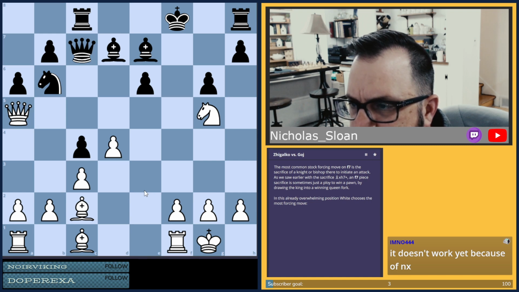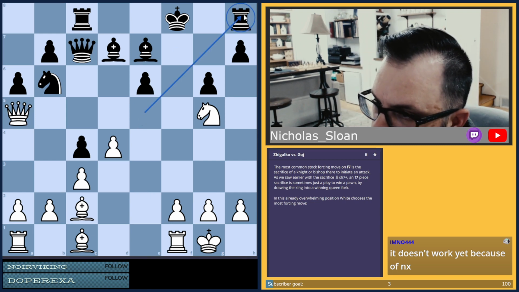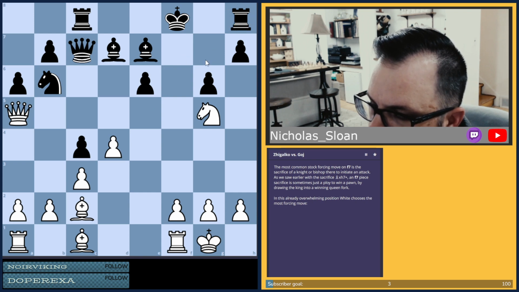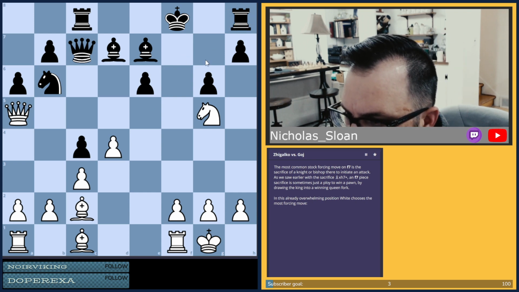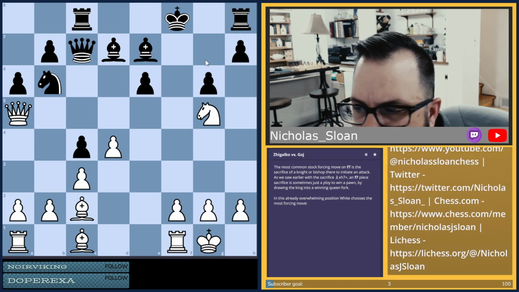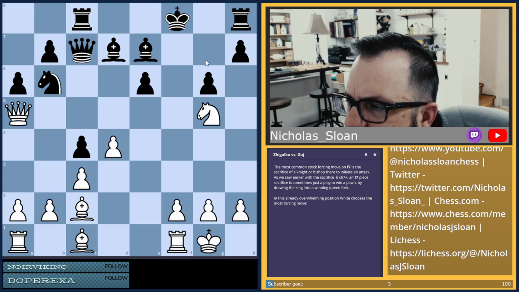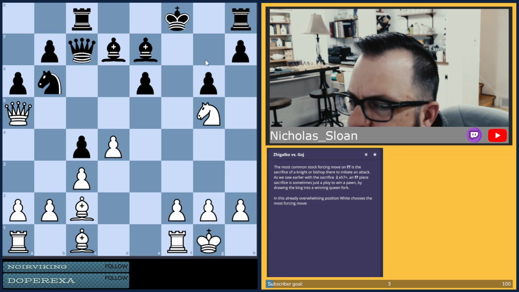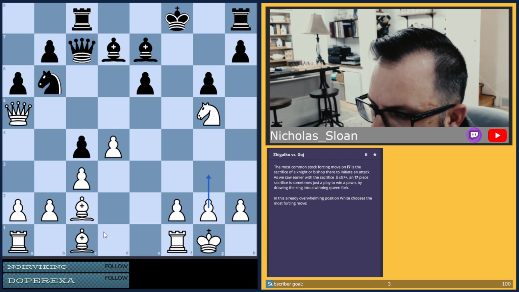What else are we missing here? You know, I see tactics with this rook for checkmating opportunities, but we need to displace the queen. How do we do that? Is the idea like this?